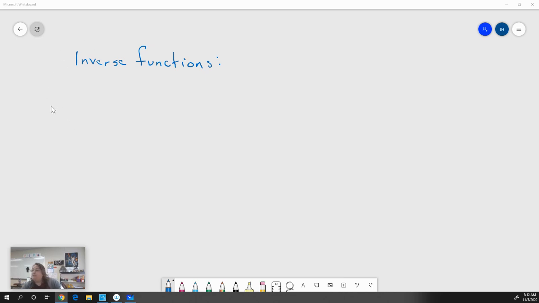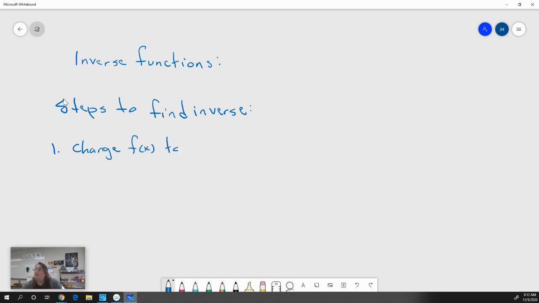There's some steps to finding the inverse. Steps to find inverse. And I'm just going to write them down right now, and then we'll do them with examples. Number one, change f of x to y. Number two,